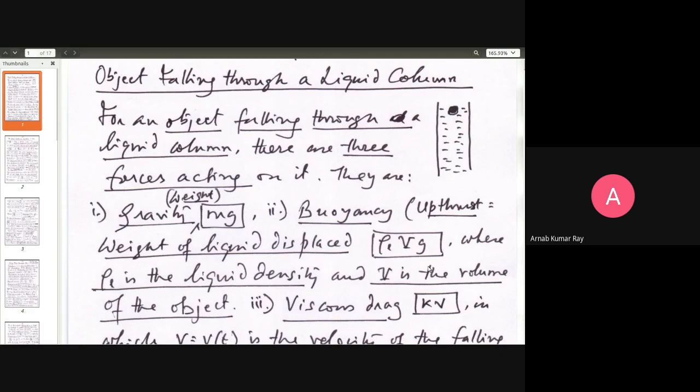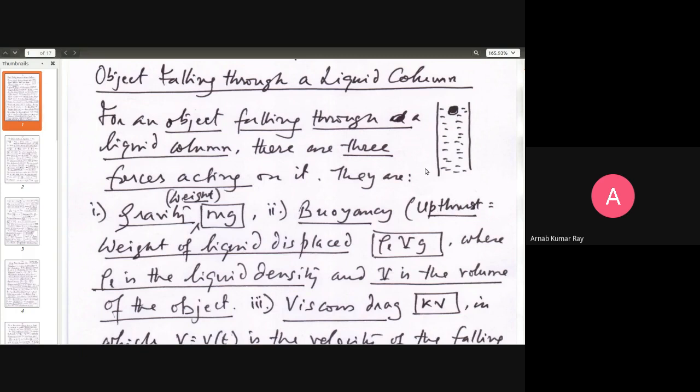If you put any object in water, you can go by your own experience. If you have ever taken a bath in a pool or a pond, as soon as you get into the water, you will feel less weighty, right? It's as if you have lost some weight. Why is that happening? Because anything that enters water experiences a force that resists the entry. And what is this force? This force is the upthrust. Thrust as in force, up meaning upwards, upthrust. And how is that understood?